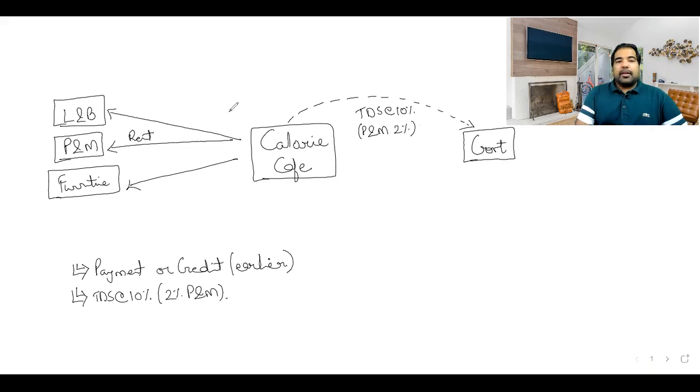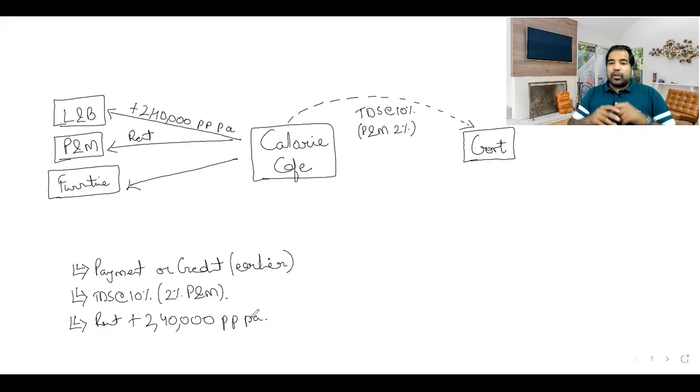But there's a limit here. The limit is 2,40,000, only if the rent that you are paying is more than 2,40,000 per person per annum. That means if I'm paying 2 lakh for the shop per annum, plus I'm paying 50,000 for the plant and machinery per annum for the same person, then will it be deducted? Yes. So this 2,40,000, you don't have to see per section. You have to see overall per person. If as a person, I'm getting more than 2,40,000 from Calorie Cafe, there will be TDS under section 194I,